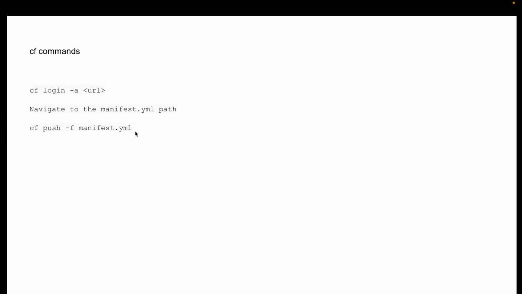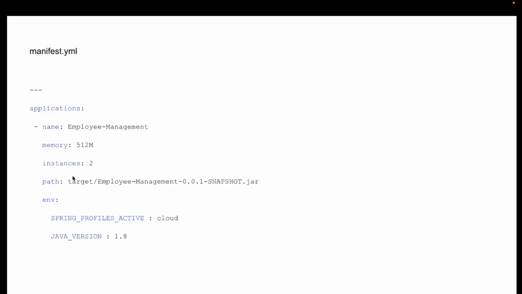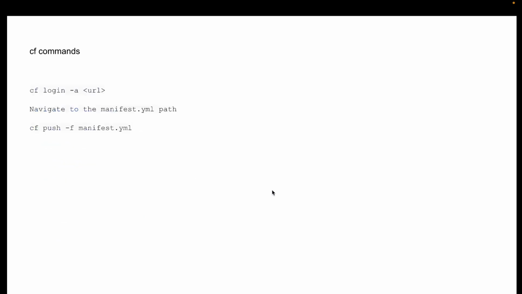manifest.yaml. So once you push this manifest.yaml, it basically takes all the information. See, this manifest file already contains the target jar, right? So it will deploy that particular target jar to the destination, that is the cloud. So these are the few steps that you need to take when you want to deploy your application to Pivotal